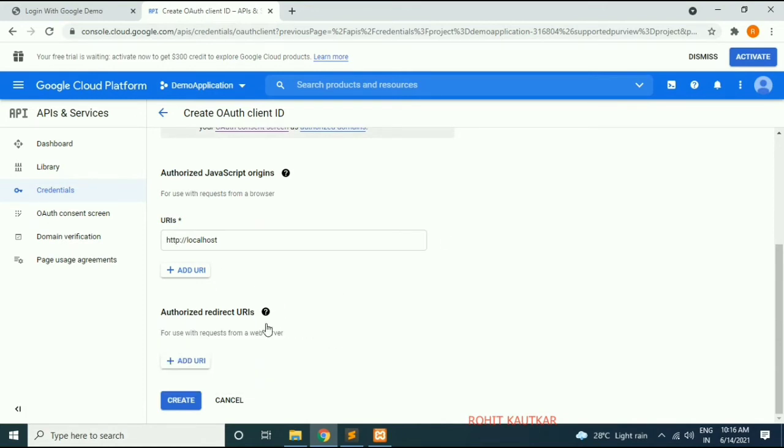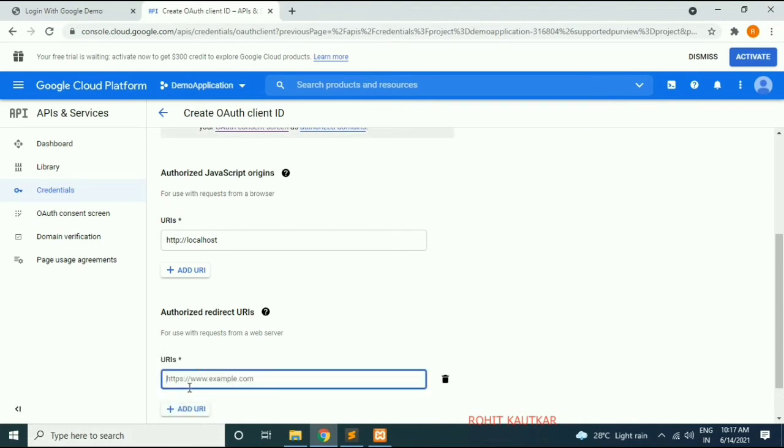Our users will be redirected to the specified URI after they have successfully authenticated from Google's authentication server. Friends, we cannot specify a URL fragment or relative path here, and wildcard characters are not allowed either. So specify the URI where your user will be redirected after successful authentication.